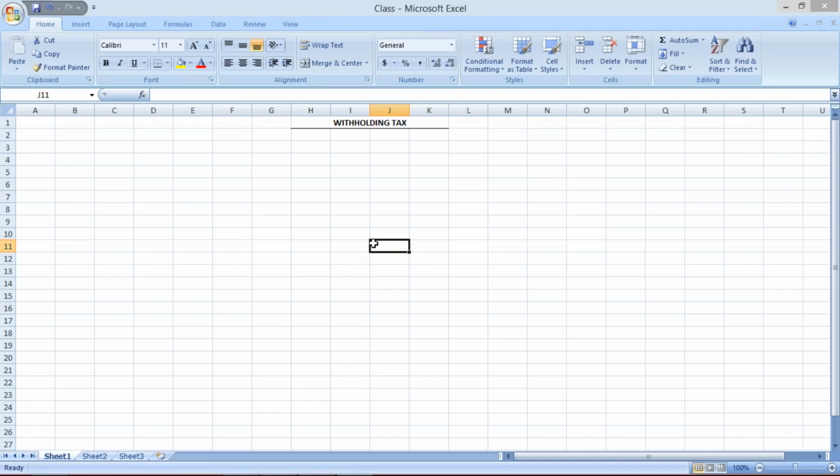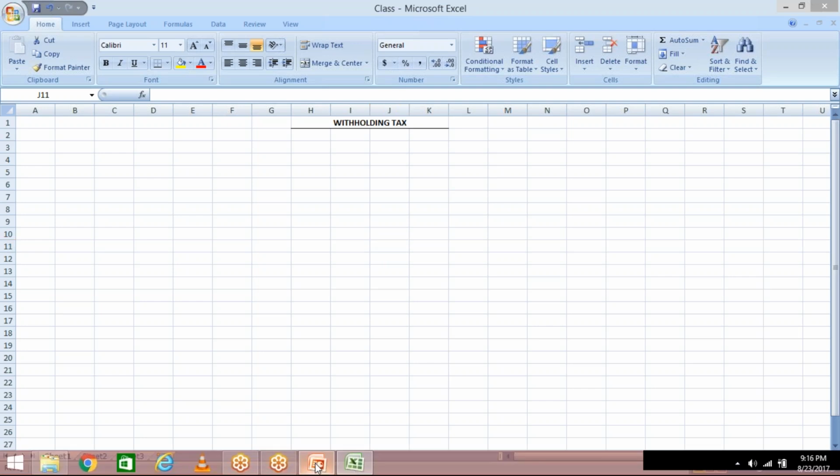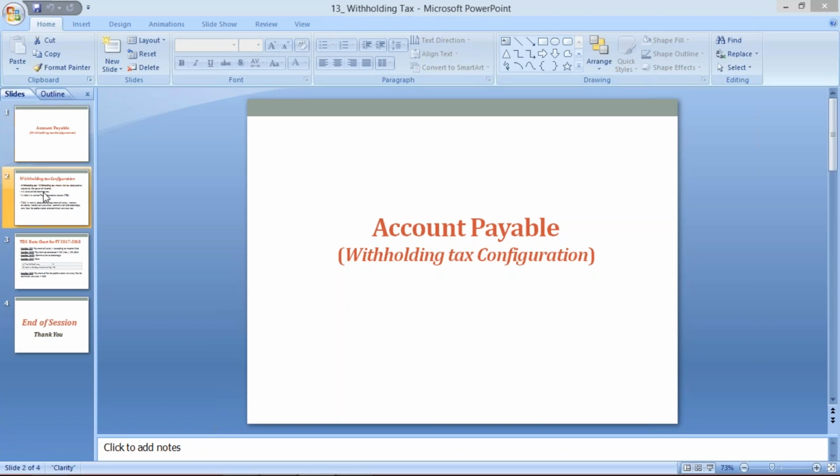Okay, guys, so today I'm going to cover one more important topic, and that is withholding tax. Now, what is this withholding tax? First of all, I'll explain, and then what configurations we are going to do, how the tax calculation will happen, and what questions people are going to ask, including scenario based questions. So everything we'll discuss one by one. First let me explain what this withholding tax is.